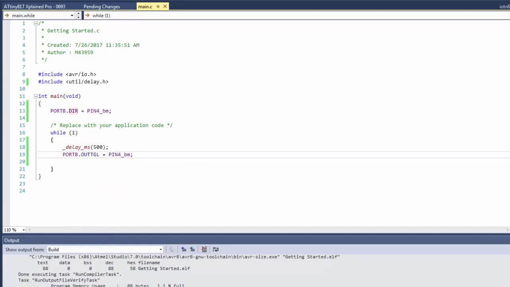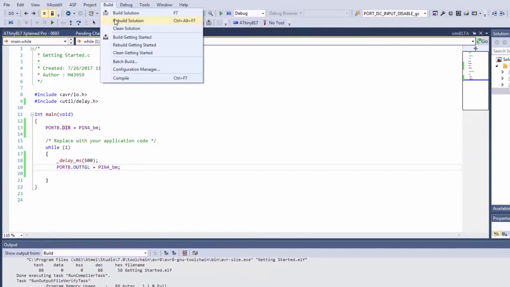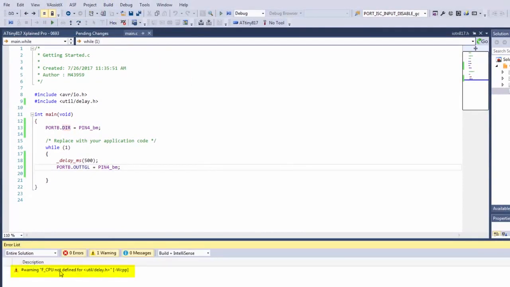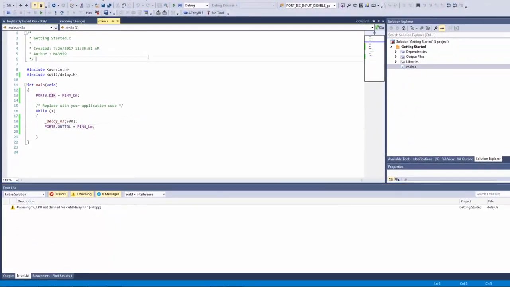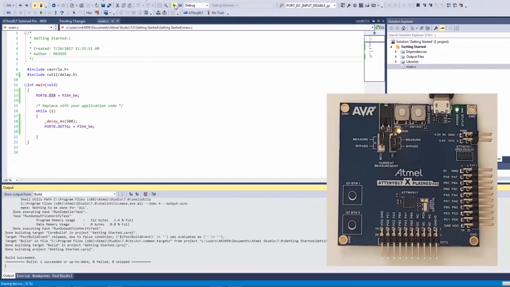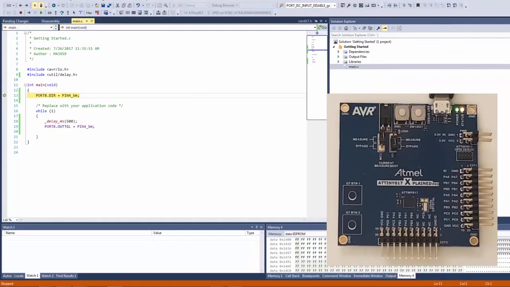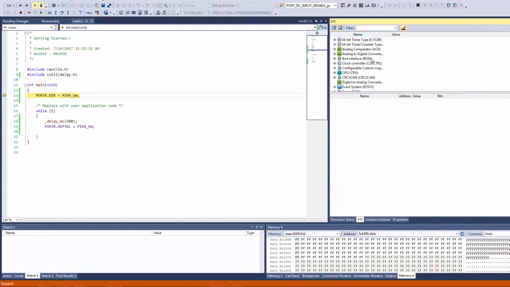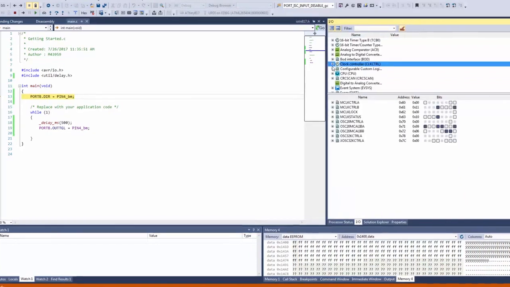Okay, so now compiling this code, I get a warning of this F_CPU not being defined. I'm going to find a solution for that just now, but for now I can program and I can see my LED is blinking. Well, viewing I/O view again while debugging, I can have a look at the clock control,